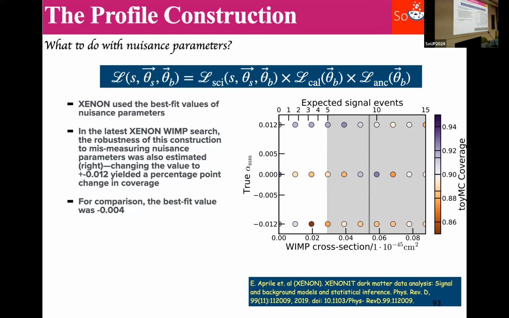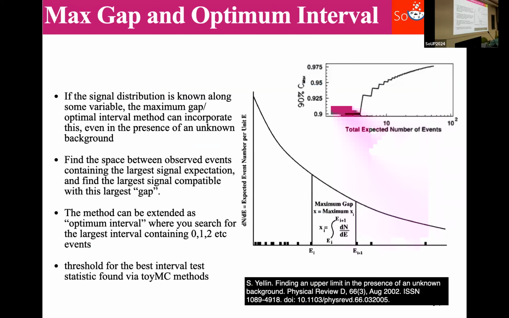Okay. NEMA constructions, profile constructions. What if you don't have a background distribution? This is quite often the case also. So there are procedures for doing frequentist confidence intervals without a background distribution and without a likelihood. In those cases, you can use what are called optimum interval methods, for example, which are quite common. In that case, you assume all your events are from signal and then say, okay, what is the maximum signal size that could have caused this whole signal distribution?